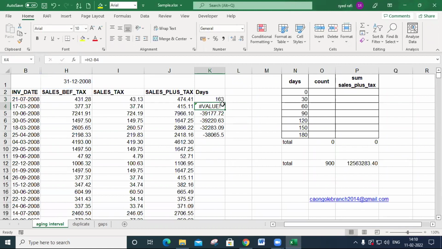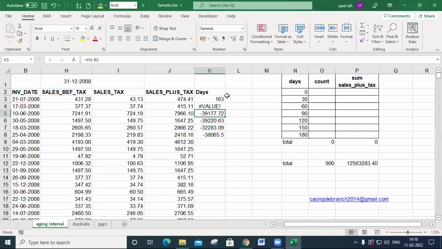While we drag vertically, the invoice date must be changed. This cell must be changed. It's correct. But I don't want to change this cell. I want to make it a constant.